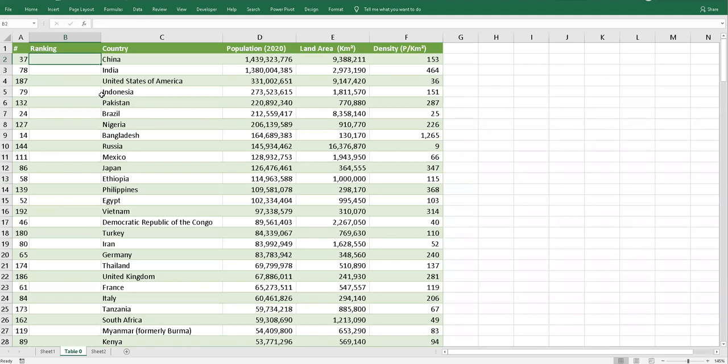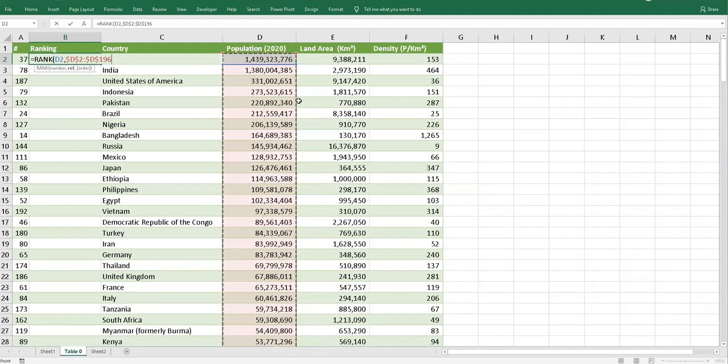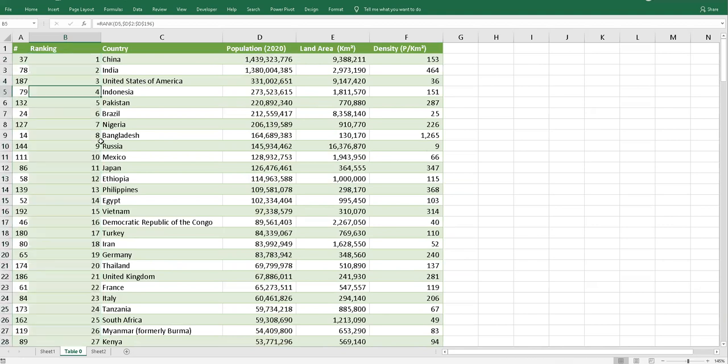So I will try to get as many functions as there are. So equal to RANK, it will give me options for the rank. I will click tab. I need this China, in the whole population. I will click it over here and then press F4 so that it will be frozen. I will double click it over here. Now the formula will give you the ranking: India is the second most populous country, then United States, Indonesia, and Pakistan is 5. The top 10 countries, it will give you an idea about it.